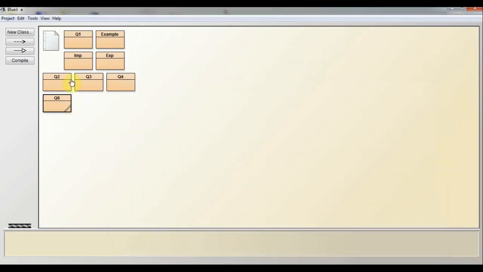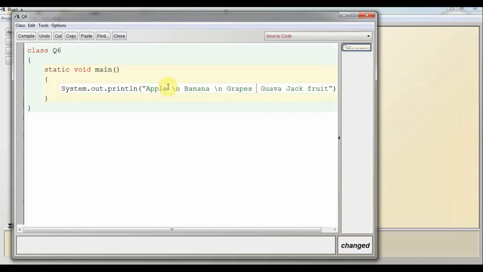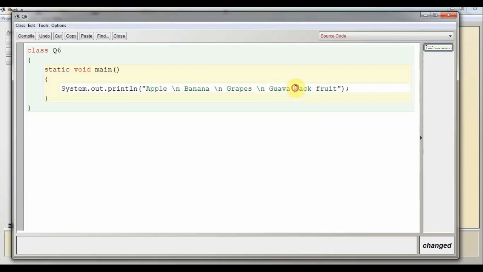Then we'll use here slash n, after apple slash n, after banana again slash n, after grapes slash n, after guava slash n. So here I'm using slash n between all the fruits names.